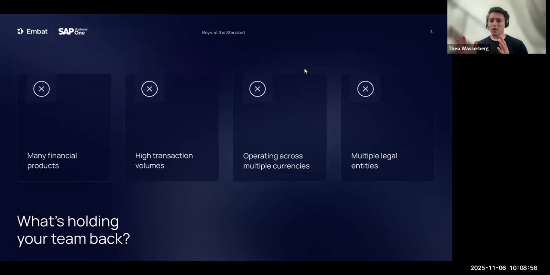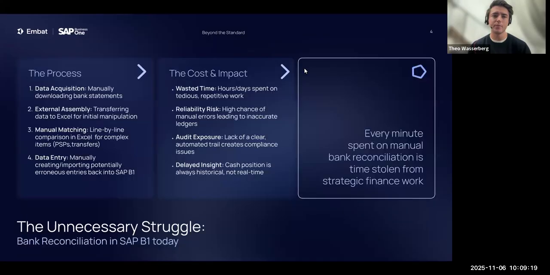If you've got multiple currencies, you've got additional complexity to manage all of that. And then if you've got multiple legal entities, that's more complexity as well. When you put all of those things together, you're talking about a lot of complexity and a lot of manual processing and some big time lags in terms of the way that you manage everything on the cash and transaction side.